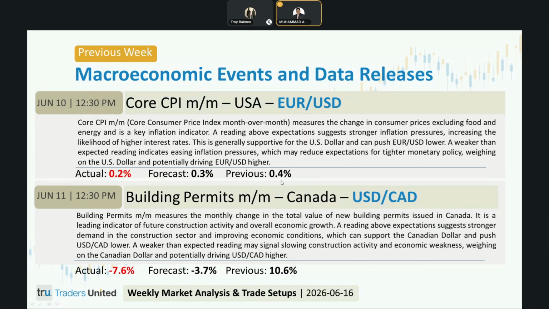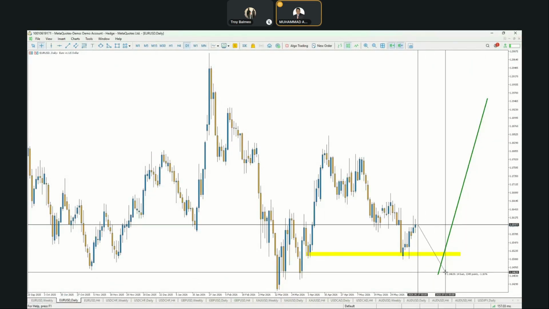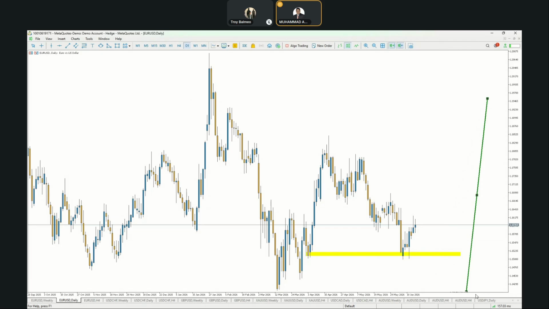The reduced expectations for higher US interest rates, weaker US dollar sentiment across the forex market, lower treasury yield expectations. These are the main key market drivers that we observed. Technical and sentiment considerations. The weaker inflation data generated bullish sentiment for Euro USD in the short term. And I do expect a drop in price action of euro dollar currency pair. And it's quite possible that market is going to test the next support area.